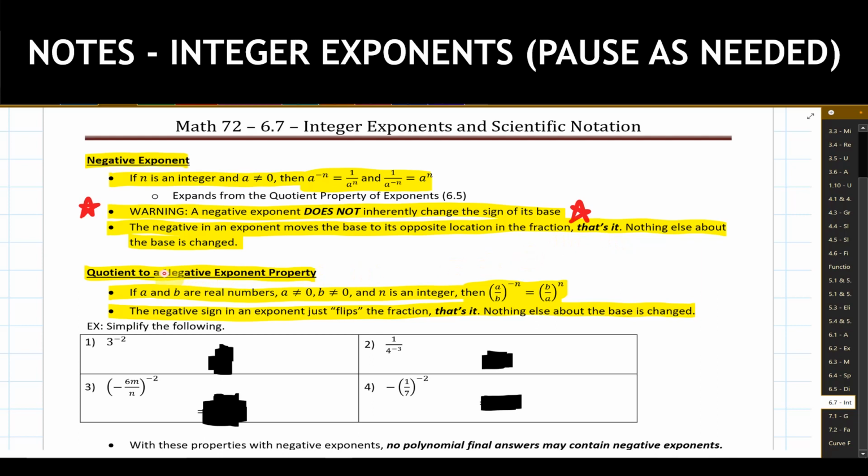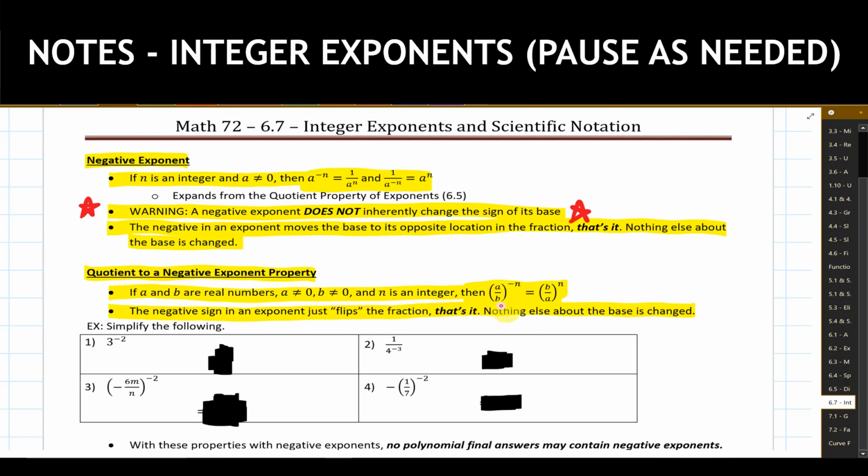If we take a look at the quotient to a negative exponent property rule, this is actually the larger, more all-encompassing version of the negative exponent, but we see it demonstrated more specifically with an actual fraction in this regard. So looking at our example that we have here, we're assuming a and b are numbers. They can be positives, they can be negatives, they can be fractions, decimals. There's not going to be 0. It's the only exception we have with that, because we can't divide by 0.